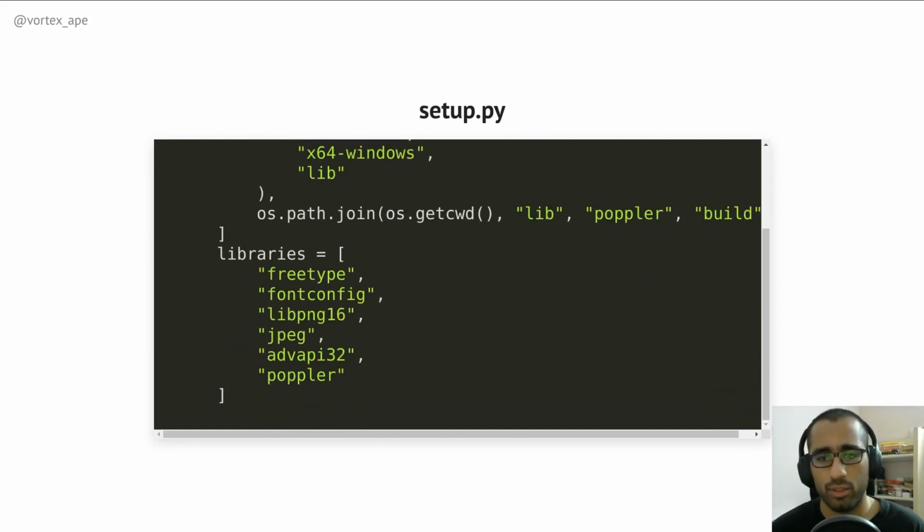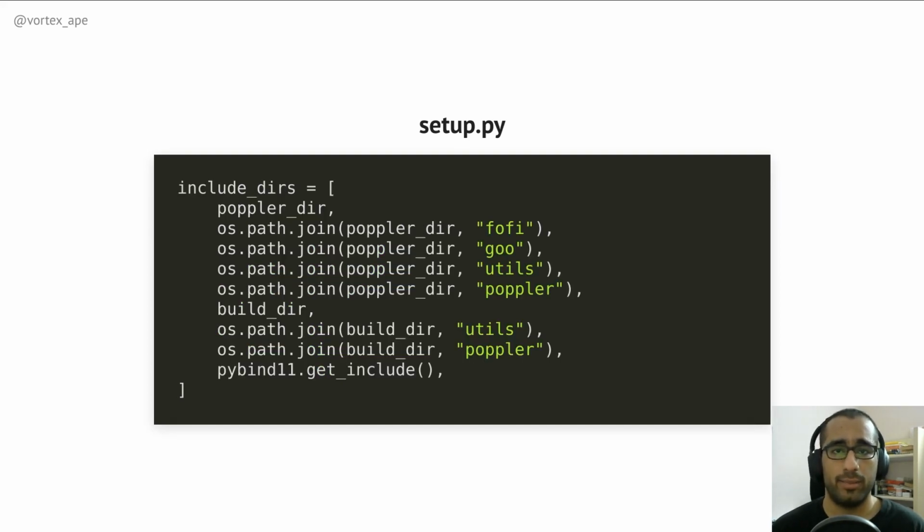There are a lot more libraries in this list on Windows compared to the last slide because we are using the vcpkg package manager, which doesn't install the dependencies in a standard search path, unlike Linux or macOS, where yum and brew handle that. If your C or C++ project needs some header files, you can create a list of all directories where they might be present.